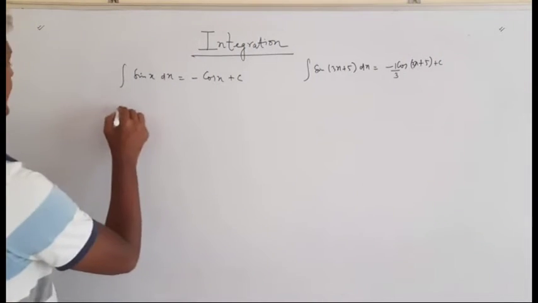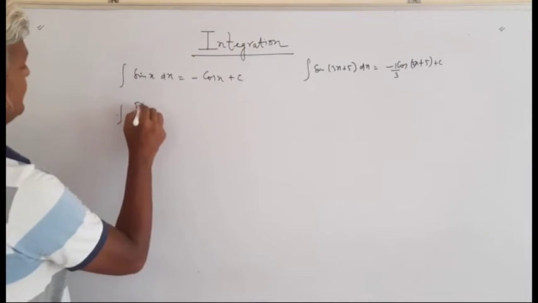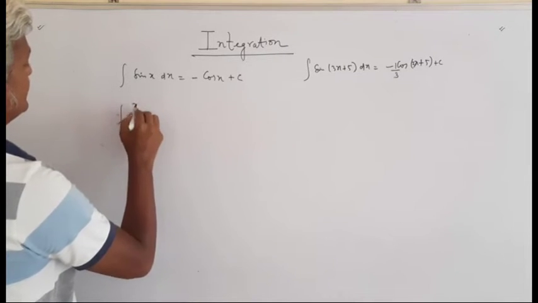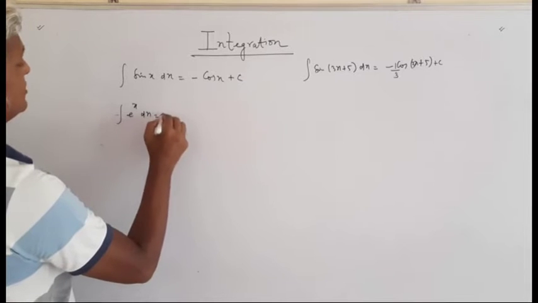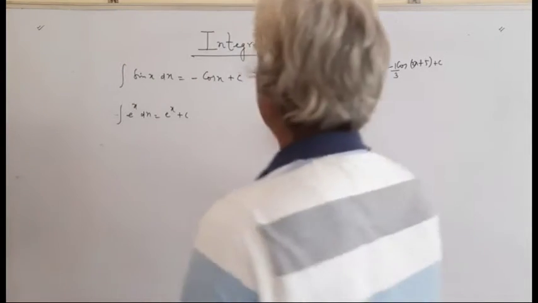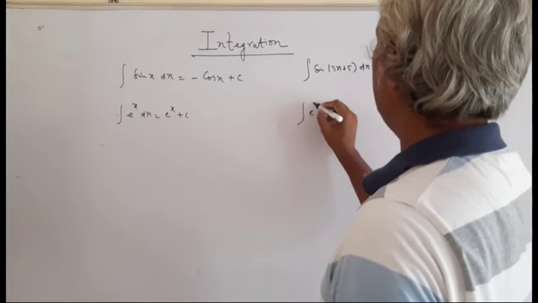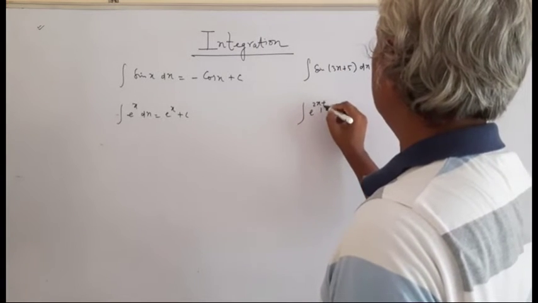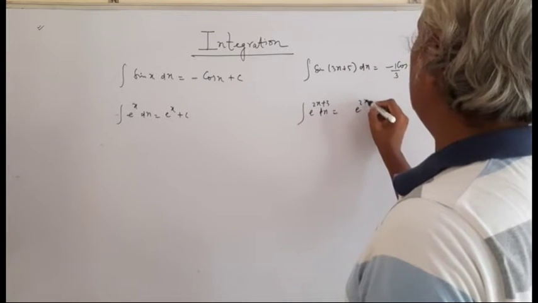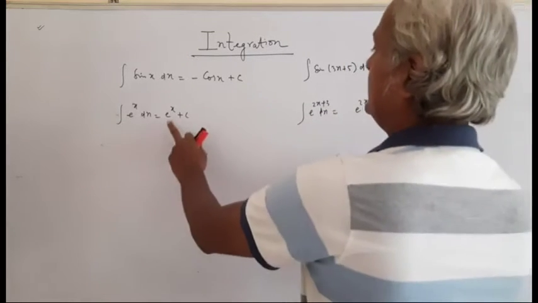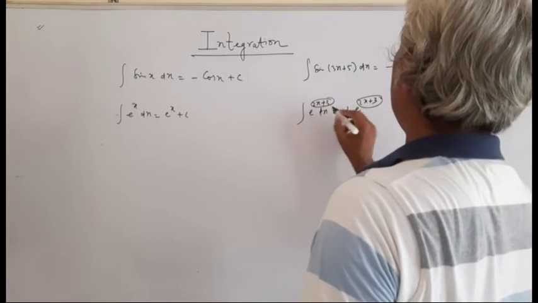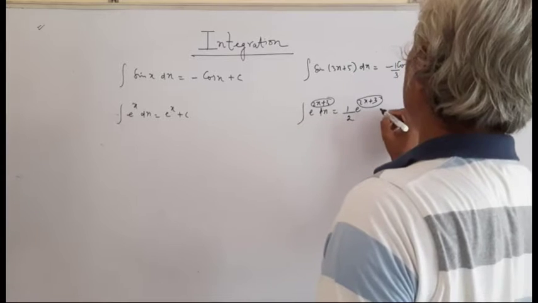Now in the same way, if I have e to the power 5x, the basic formula is that integration of e to the power x dx is e to the power x plus c. Now integration of e to the power 2x plus 3 dx is e to the power 2x plus 3, as it is, the same thing, into 1 upon the differentiation of this, that is 2,